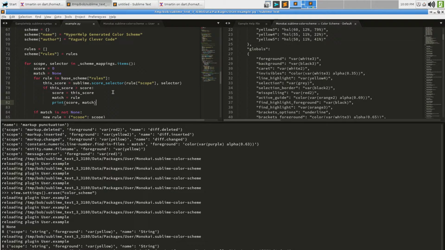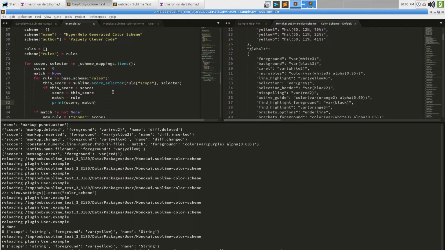So the scope string has this, for that scope, that one seems to score a little better. It has a higher score, but I really would have expected it to not match quite as well.